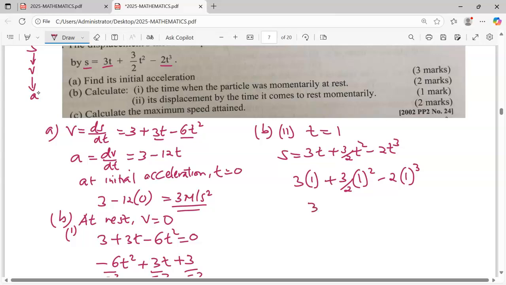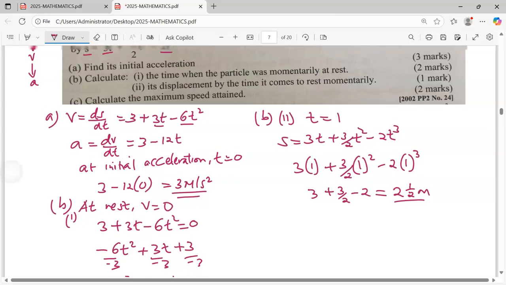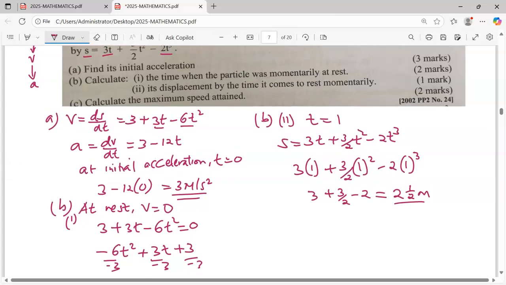Then 3/2 times 1 gives us 3/2. And of course, minus 2 times 1 cubed gives us -2. That is 3 - 2, which gives us 1. Remember 1 plus 3/2 gives us 2.5 meters as the displacement of the particle